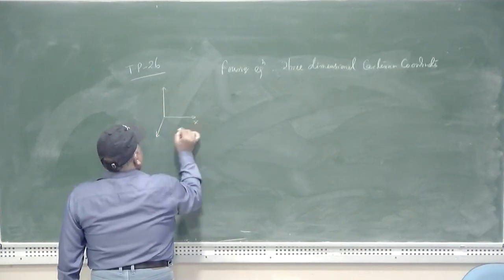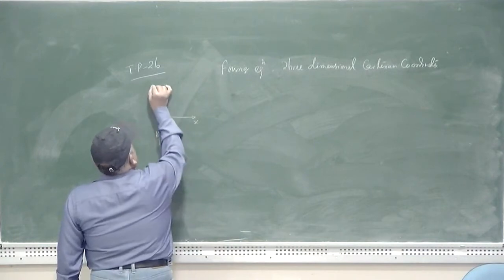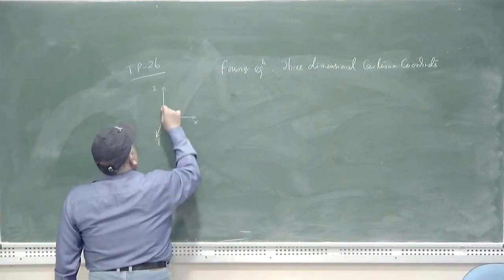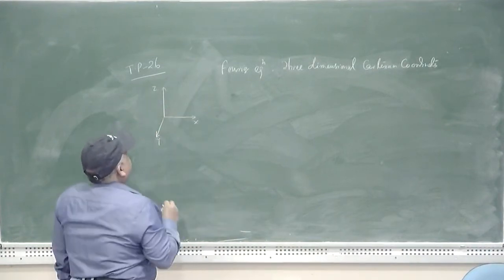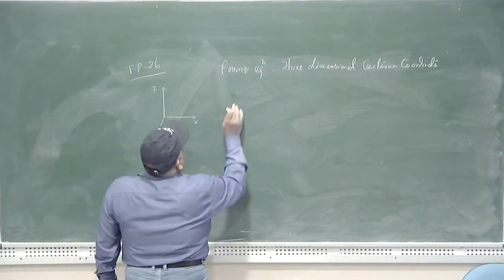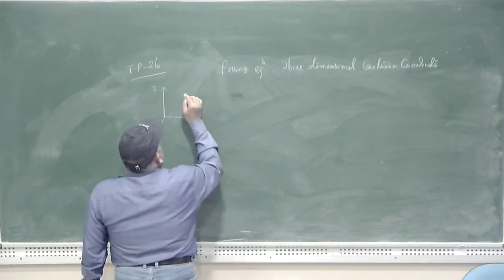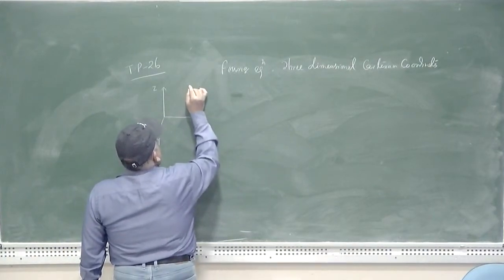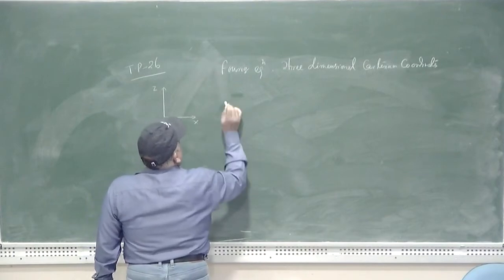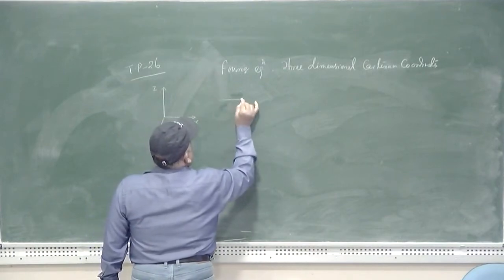Let it be x-axis, y-axis and z-axis, which is perpendicular to the plane containing x and y. With reference to this coordinate system, let us consider a parallelepiped